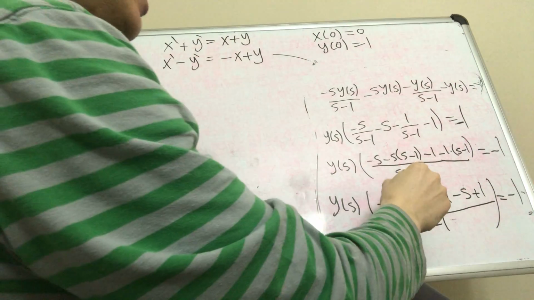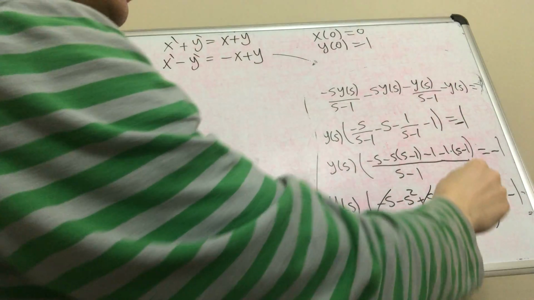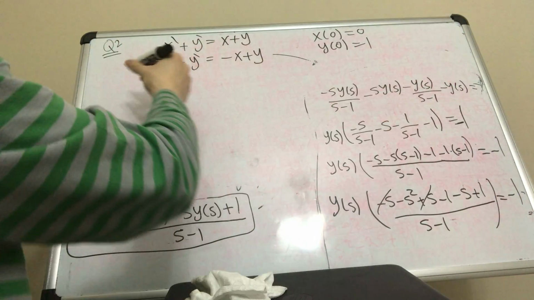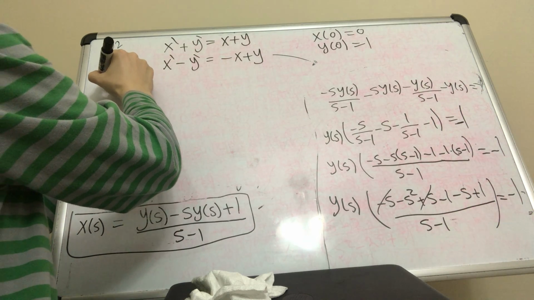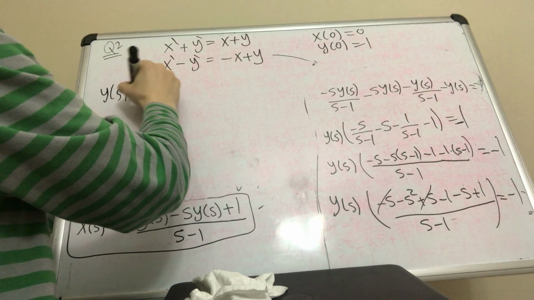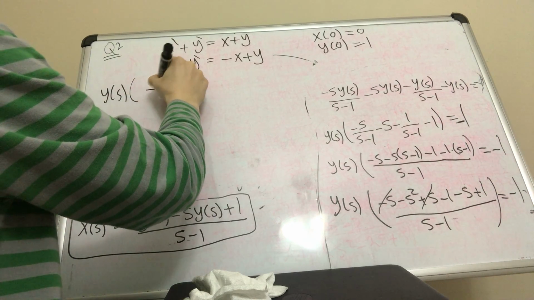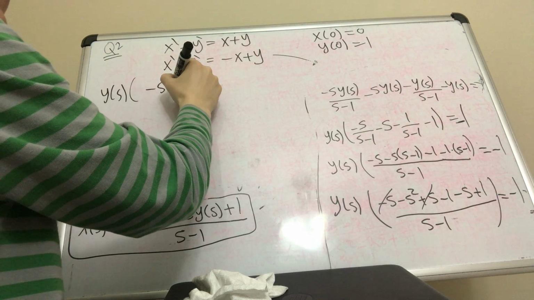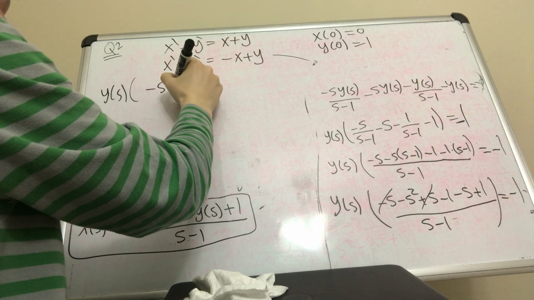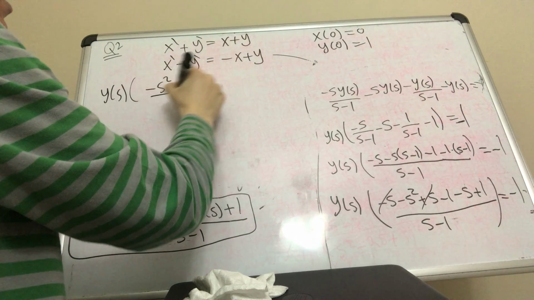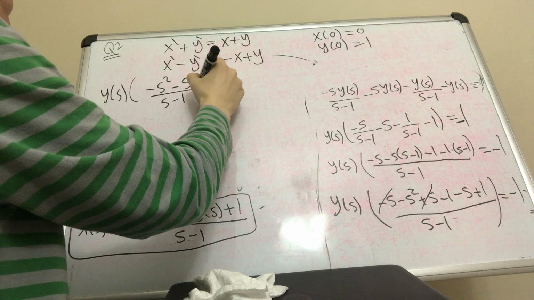Now you'll notice that s and s cancel each other, and the 1 and the 1, so we have y of s equaling y of s times negative s squared negative s minus 1